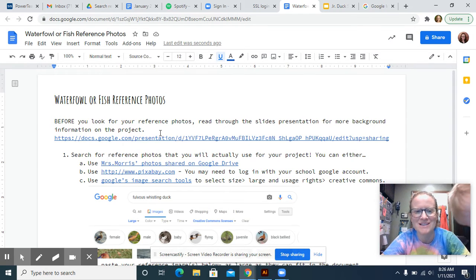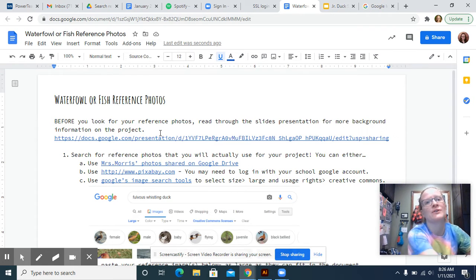There's a Google Doc that's going to be shared in the classroom, and you need to make sure you look through that slides presentation first. Then you need to start finding the reference photo that you're actually going to use for your project. There are three different ways you can do this. It's important that we use these methods to make sure that we're not going to get into a copyright